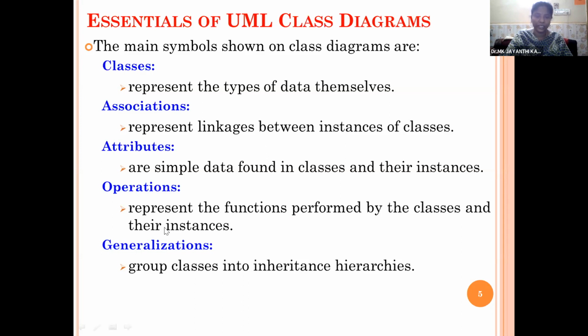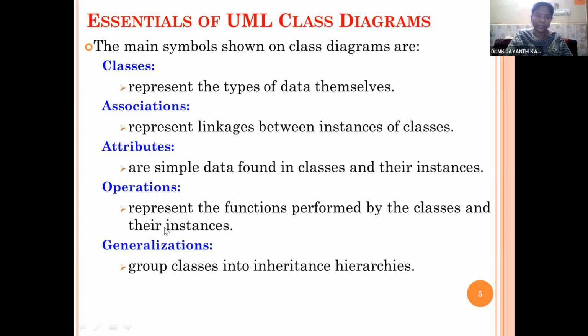So every class is a declaration part of your objects. In classes, we'll have a collection of attributes and a collection of member functions. And within the classes, we'll have association among the classes, various attributes need to be mentioned, the operations within the class need to be defined, and the generalization among the classes need to be specified.